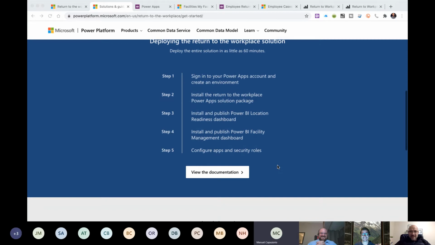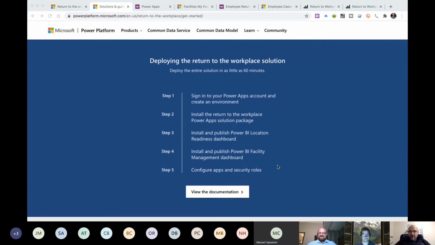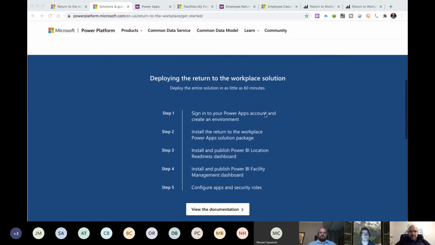All right. So basically, these are the steps that we're going to go through, well, not going to go through now, in order to install the solution. They reckon it's going to take us about 60 minutes, and I'd say that's roughly accurate. But what's definitely going to take longer is to do the training and making sure that people understand how to use the system. That's definitely going to take a significant amount of time, longer than 60 minutes. But let's get cracking. Let's show you what we've done.